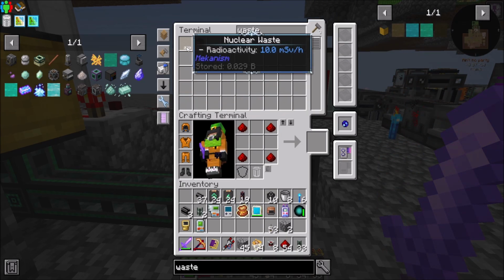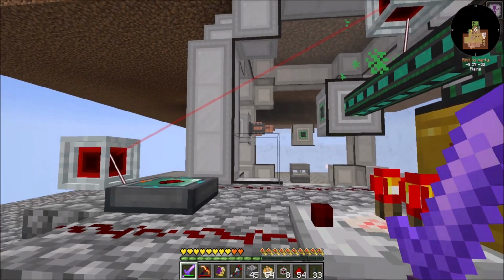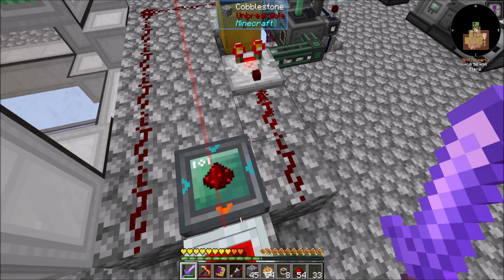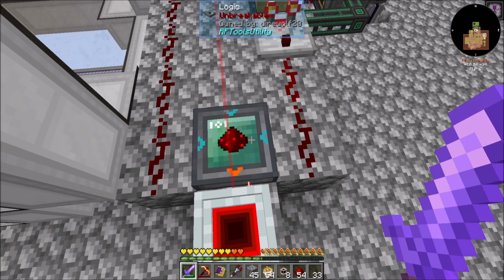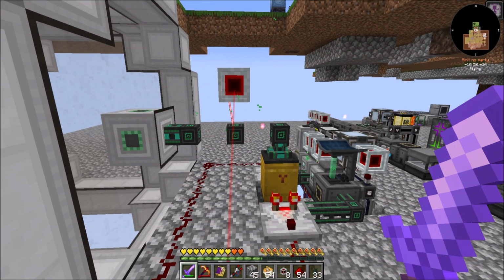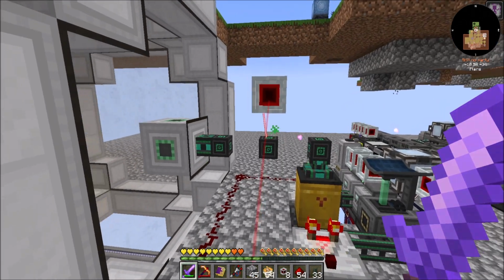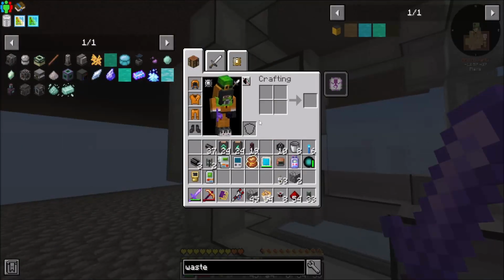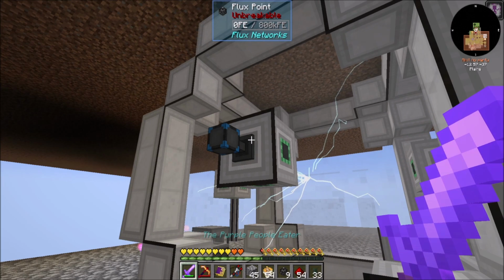Okay, so waste is definitely happening. The reactor's definitely running, and you're slowly but surely building up plutonium. Okay. Now, should I reverse this? So when they're both off, we actually want to put on the redstone signal, and this should be off. Right? Because what we want is, the redstone signal is inverted, right? So that means that thing's not allowed to run. Okay. So now if we threw this guy up here,